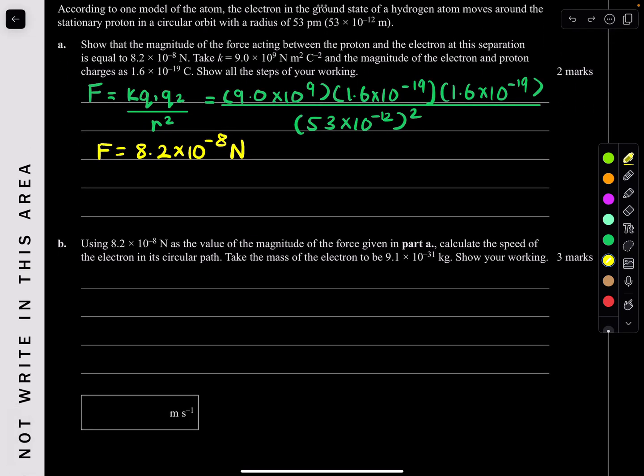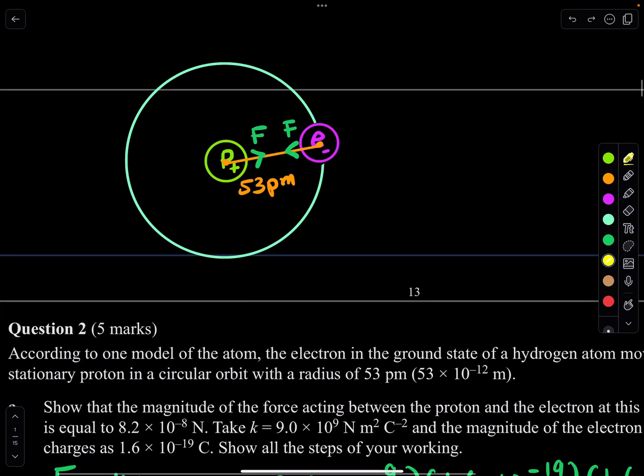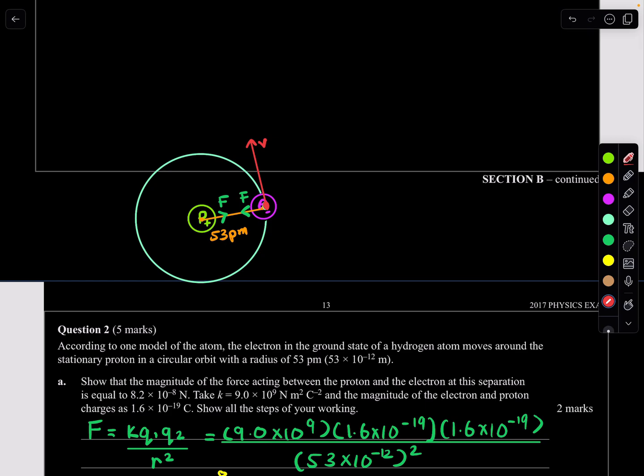Using 8.2 times 10 to the negative 8 as the value of the magnitude of the force given in part A, calculate the speed of the electron in its circular path. Take the mass of the electron to be this, show all your working out. Easy. So this is just a circular function. Of course, our speed is going to be tangential to the path. This is your velocity. And so you should straight away know, having a look at your formula sheet,